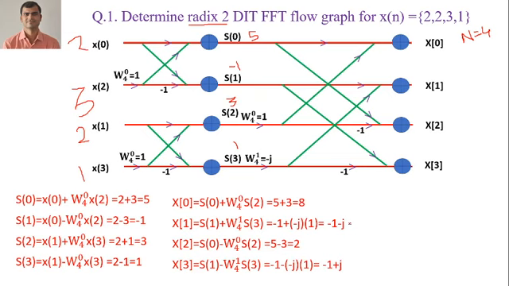Now we will be getting the answer for x of k. Now when you add all these values and divide by capital N, we will get the answer as 2. So let me check. Here the imaginary part gets cancelled, here also this can cancel. Minus 1, minus 1, minus 2, so this also gets cancelled. So after adding this, we have the value of the summation of x of k equal to 8. So 8 divided by 4, we get the answer as 2, and that is equal to the value of x of 0.